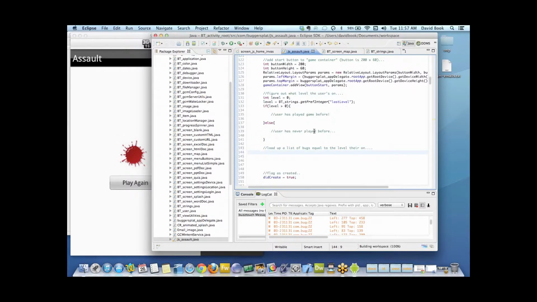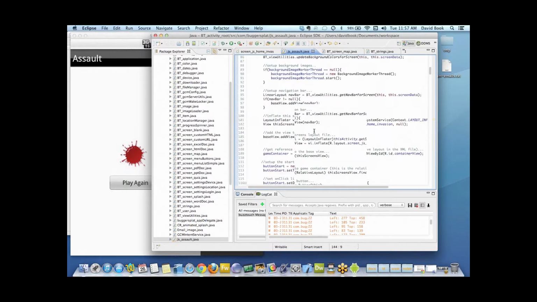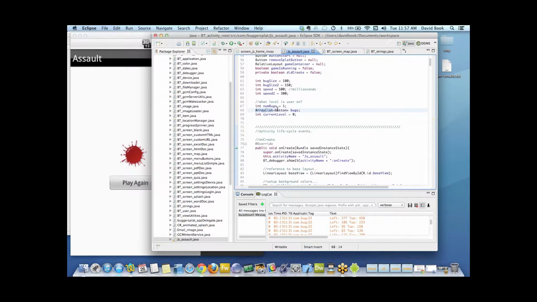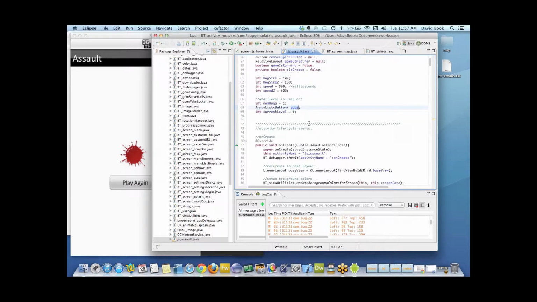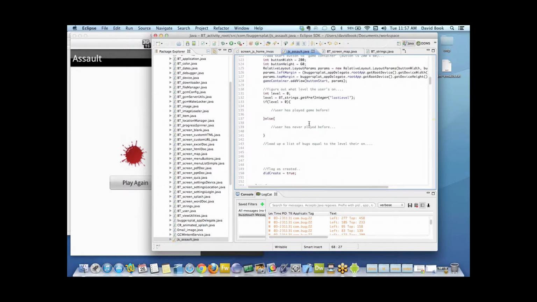So how many levels are you going to have? 10? Something like that? You're going to need 10 bugs. 20 bugs if you're going to use different art. So let's do a little loop and fill up our array of buttons. Remember our array list of buttons that we call bugs? So let's say